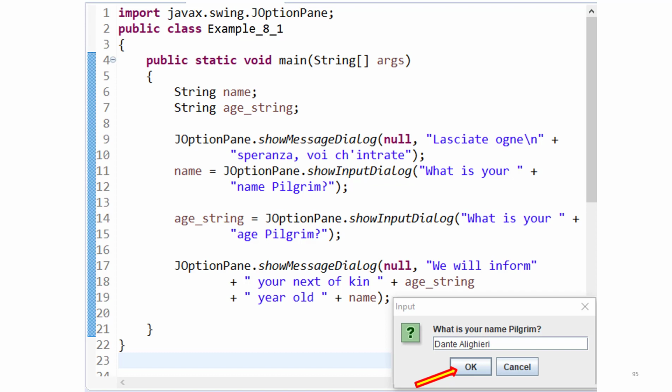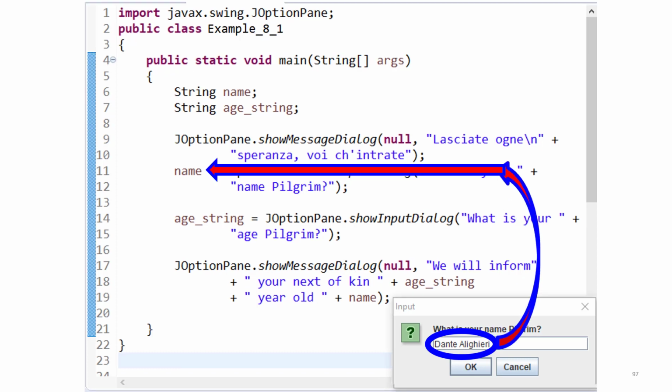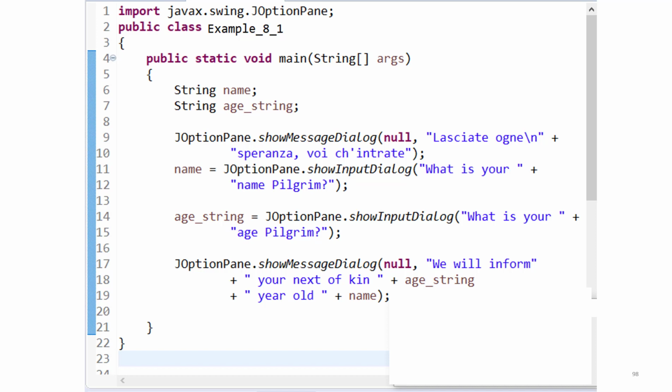But not right now. Right now, I'm guaranteeing good data, no ambushes. So the user clicks OK, and the showInputDialog method retrieves the text that the user entered in the showInputDialog screen and assigns it to the string variable name. And this showInputDialog screen is gone, and now the next line executes,